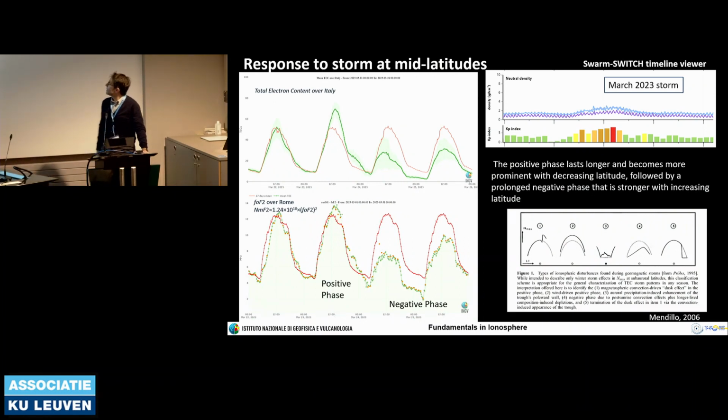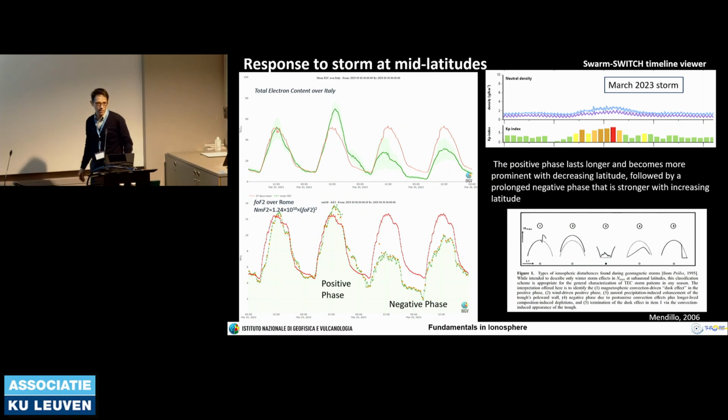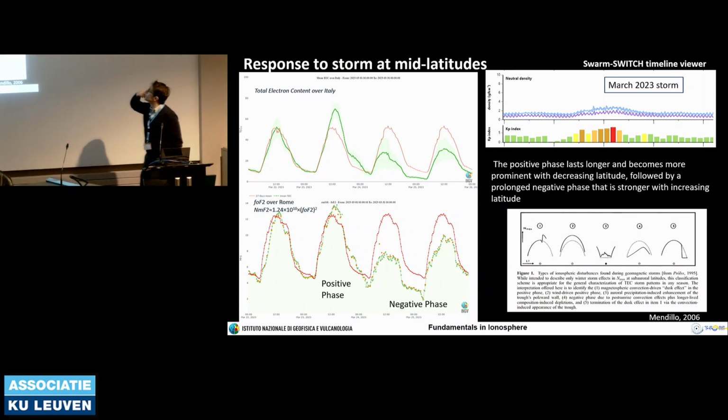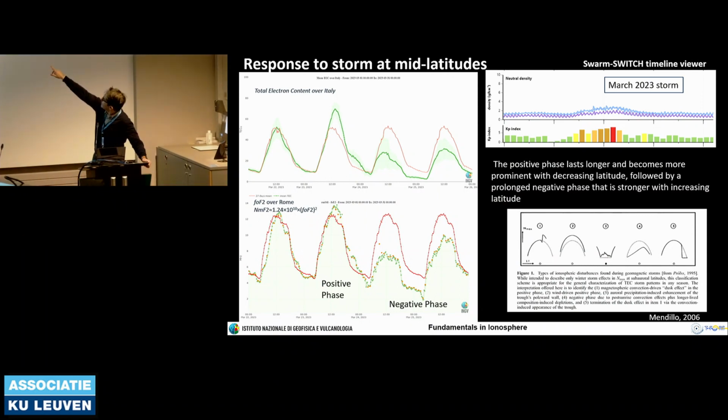In particular, in this behavior, the variation in the neutral composition plays a significant role. You may see here the density of the neutrals recorded by the Swarm satellites, from the 22nd to the 25th, exactly the same time range. I don't know why the dates disappeared there with the Kp index. So you may see the small increase in the neutral density recorded by the satellites.